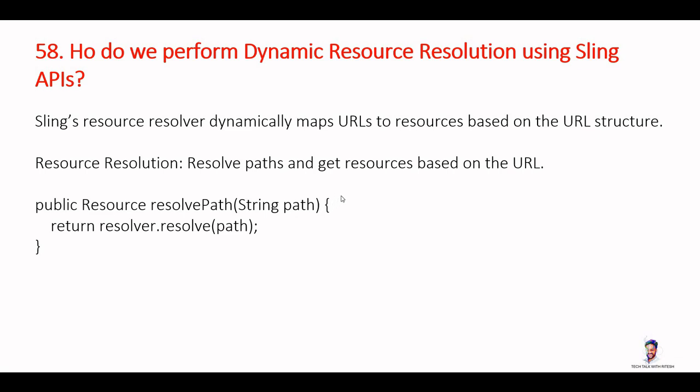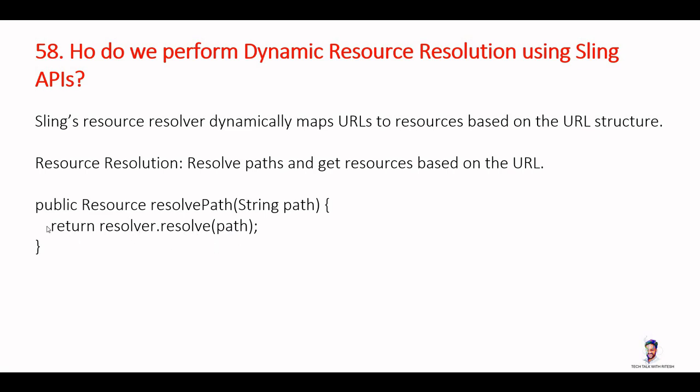How do we perform dynamic resource resolution using Sling APIs? Sling's resource resolver dynamically maps URL to resources based on the URL structure, and we have previously seen it. Resolve, path, and get resources based on the URL. For example, I have a path and I have the resolver, so I'll just use resolver.resolve, and I will pass the path, so it will automatically resolve this as